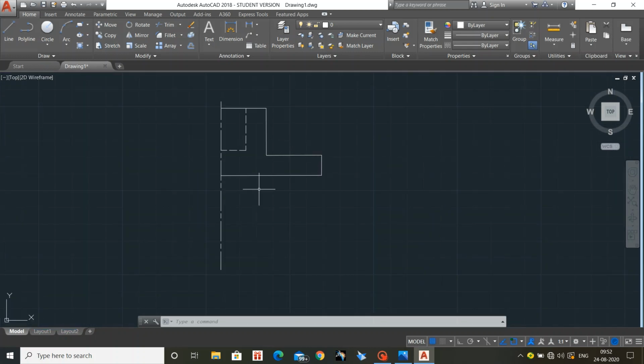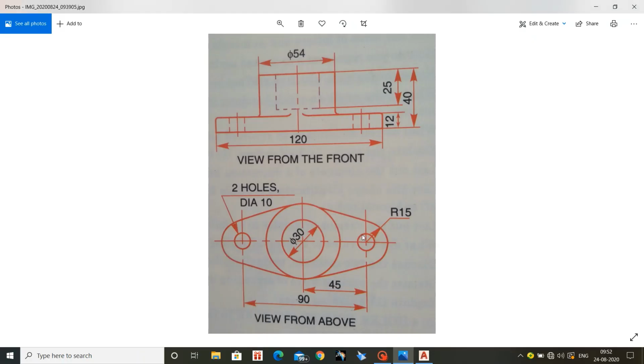So it's done. Now I would like to construct the holes. Draw the holes. So it's open. See the hole, I would like to draw a center line for that. So center line is apart 45 mm.